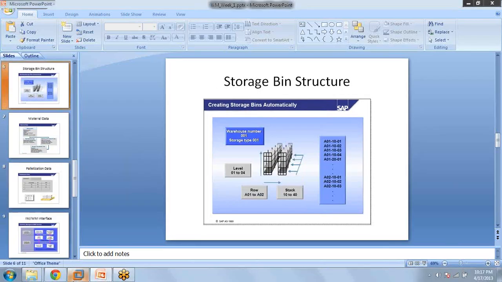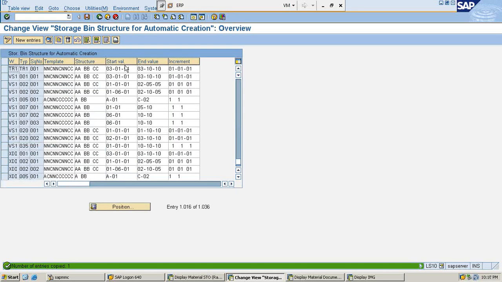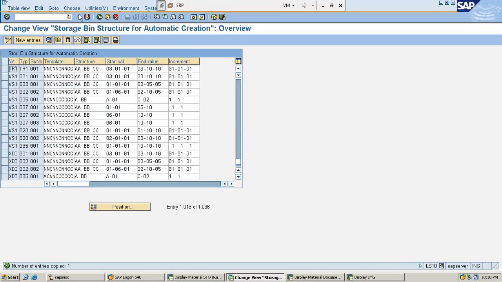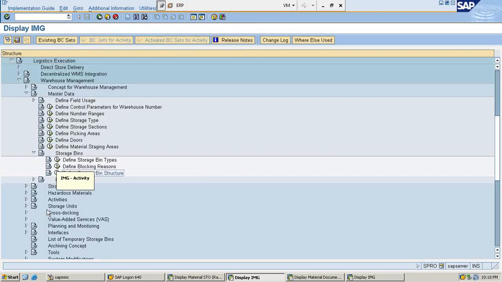This is a standard I'm just showing. And then I have these storage bins with a bin height of 1 meter. So what I'm doing is I'm grouping all the bins and maintaining them in a storage bin type. Now you understand what actually a storage bin type is, right? So it has been created for the particular storage type. And now what you do,